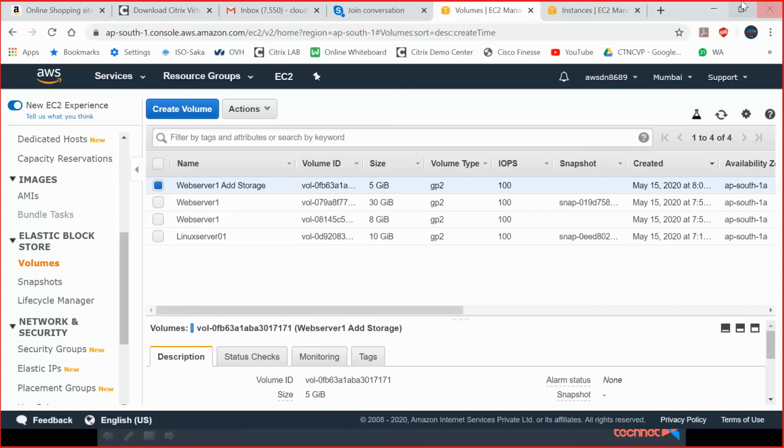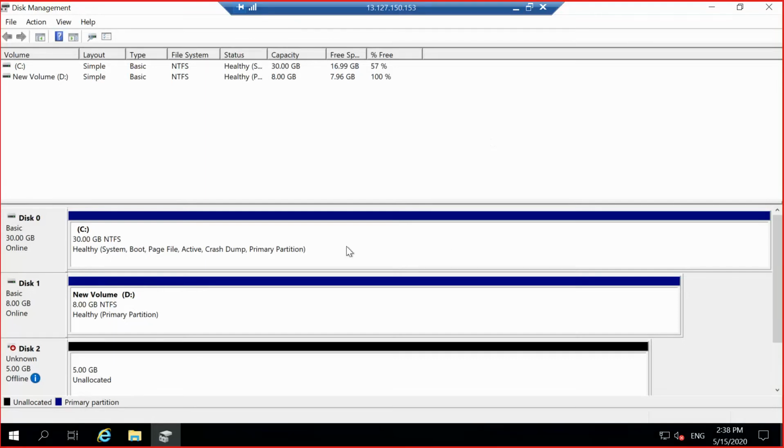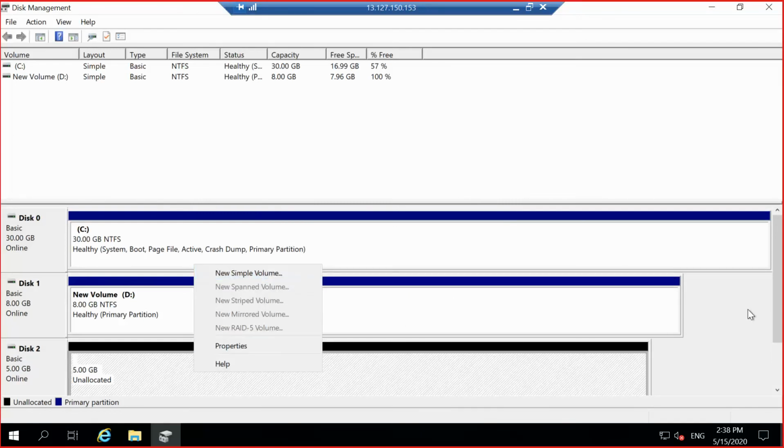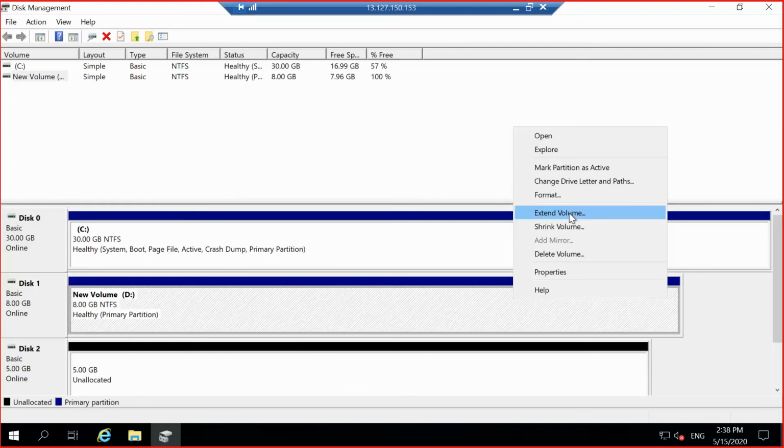So next, the 5 GB is added. Same steps: right click, bring it online. Right click, initialize the disk. So now, do you want to create a new volume or expand an existing volume?